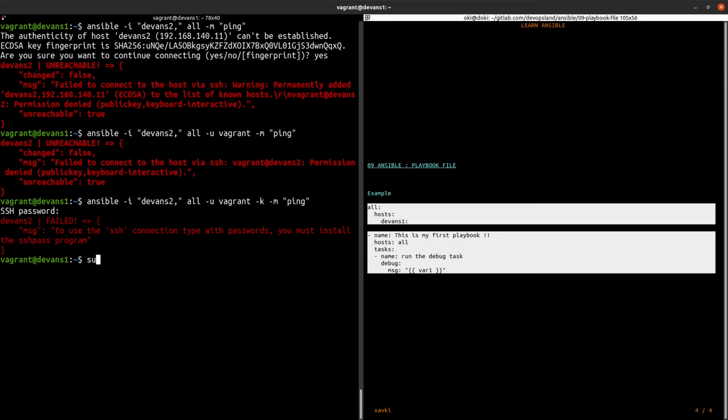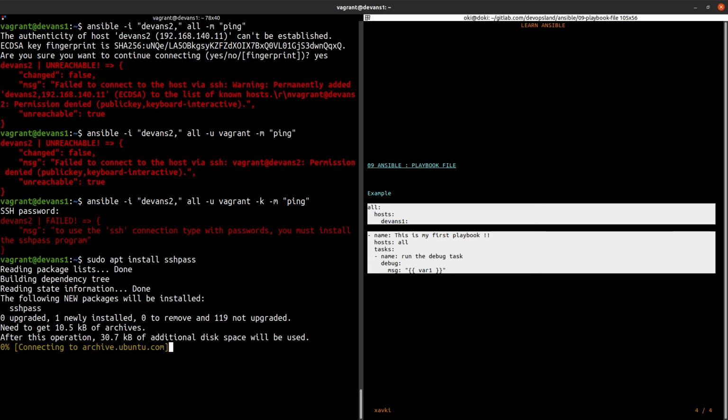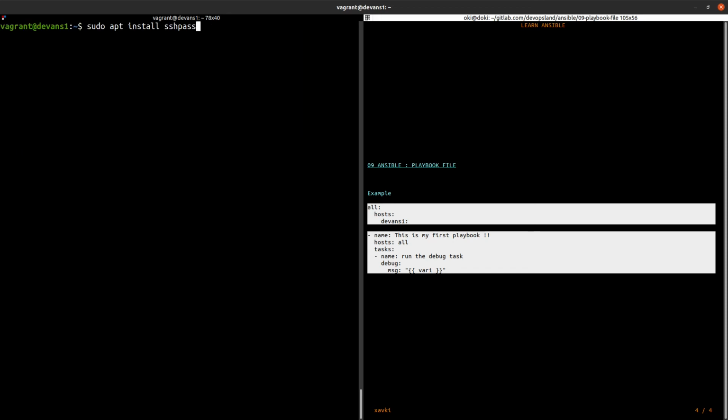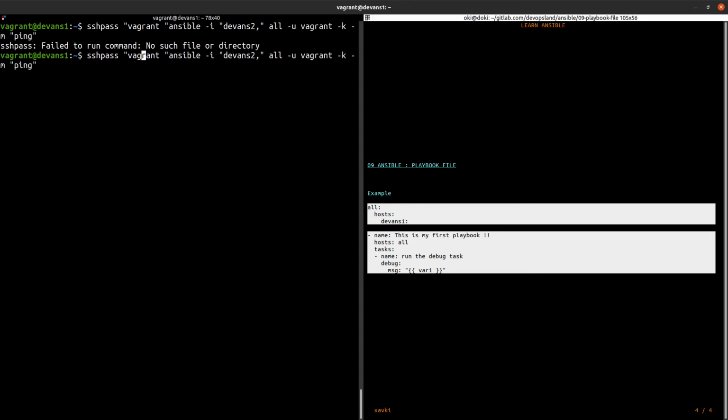If you want, you can run sudo apt install sshpass. Okay. And you can use the command line with sshpass and vagrant like this.